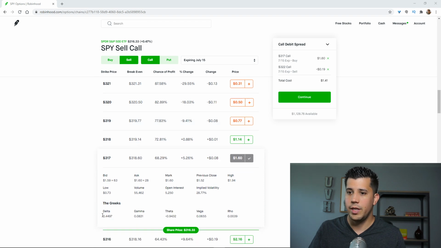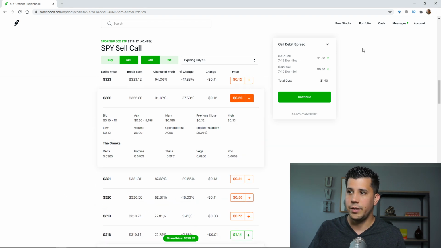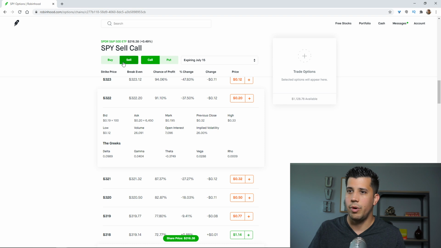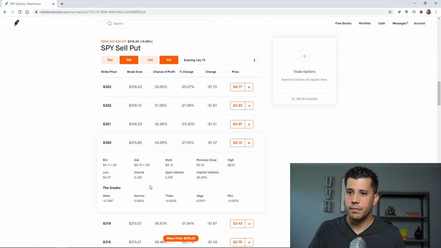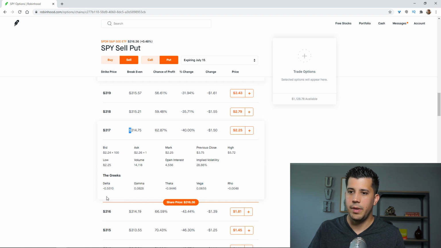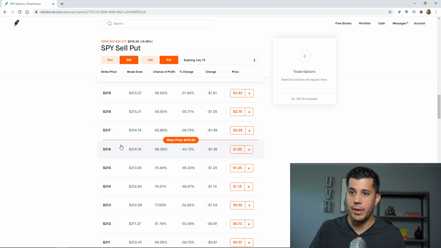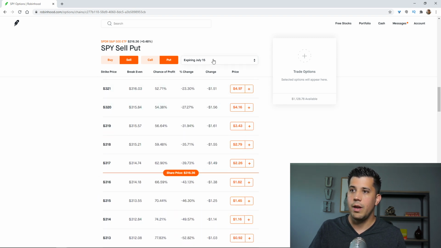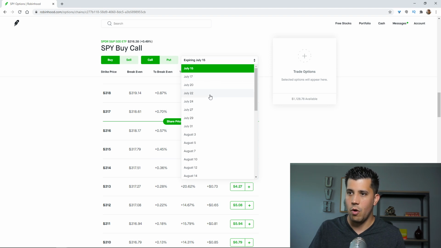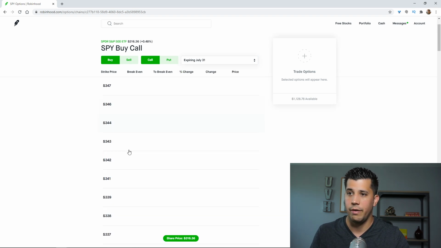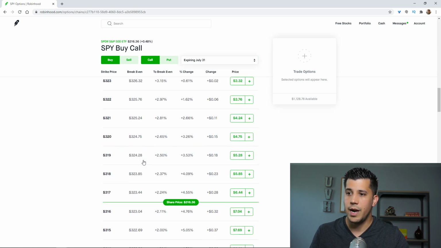delta. So this is long delta, this is a short delta, and the same thing is for the put side too. Okay, same thing. However, they're negative numbers, but it's the same exact thing. Okay. Now, if you go further, let's go back to the call side. Just make it a little bit easier for people to understand. Let's go further out. You can kind of play with these numbers, how the delta changes from further expiration. So let's say I want to go out to July 31st. Okay. You can kind of see now